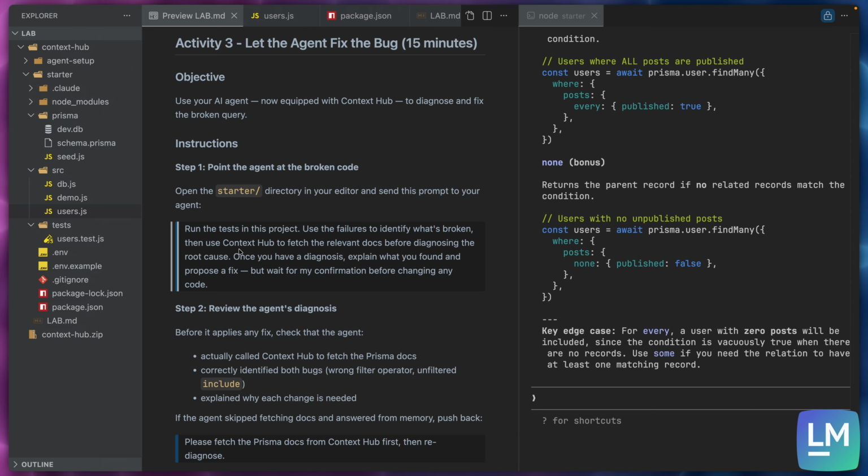I do find that because we have tests that are failing here, we can start by prompting the agent: hey, run the tests in the project, use the failures to identify what's broken, and then use Context Hub to fetch relevant docs before diagnosing the root cause. I do like to always add a step to ask for my confirmation after proposing a specific fix. Now, this is a small fix here. Maybe in a bigger project, we would like to do a few more things. But I do find